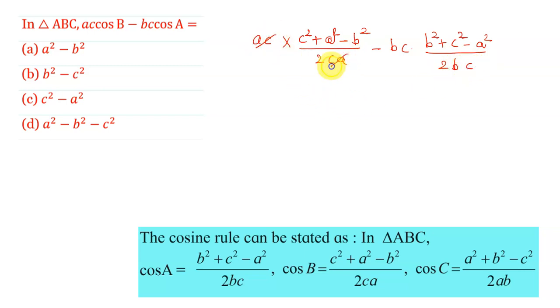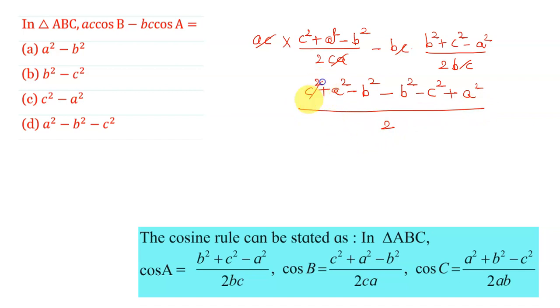Here AC gets cancelled, BC will get cancelled, and you will get here c square plus a square minus b square. Here because of the bracket, the minus sign changes b square, c square and minus a square. Therefore it will become minus b square minus c square and plus a square, and this whole divided by,